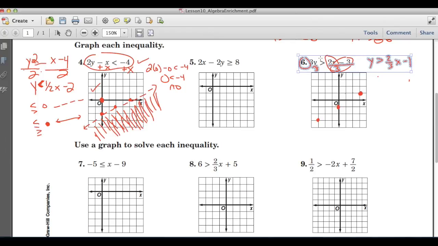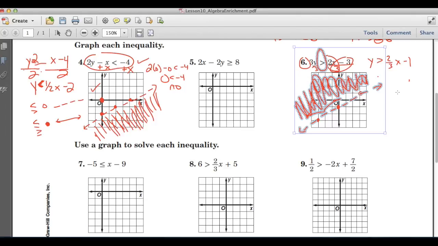Okay, it is a greater than sign right there. So we are going to connect those 2 points with a dotted line. Okay, and since it's greater than, we're going to shade in this portion of our graph. And you might say, why? Well, if I pick any point, I'm going to pick 0, 0 because it's the easiest one to work with,